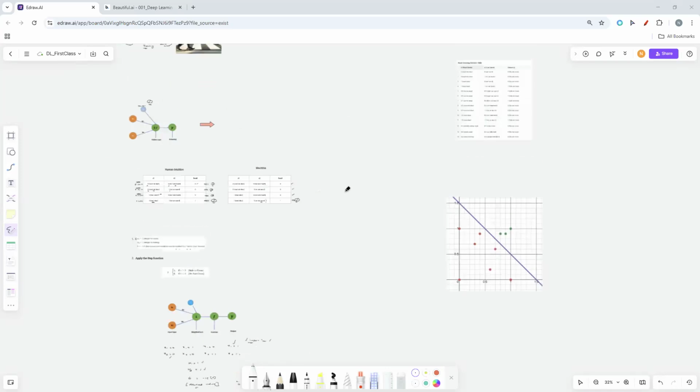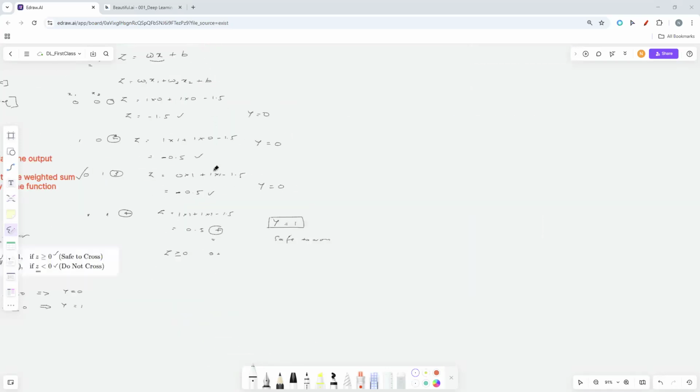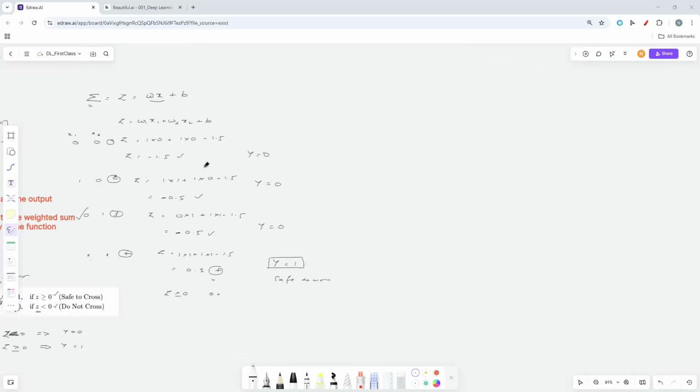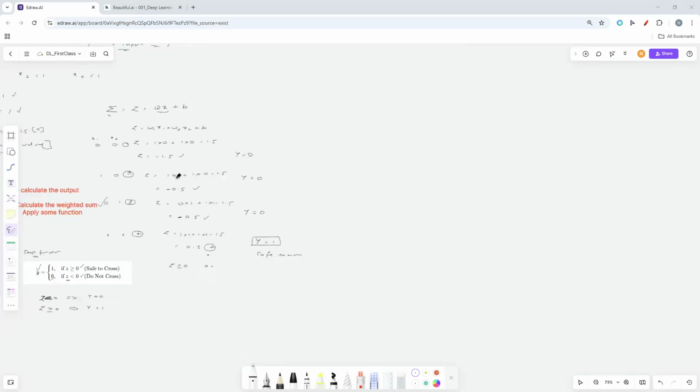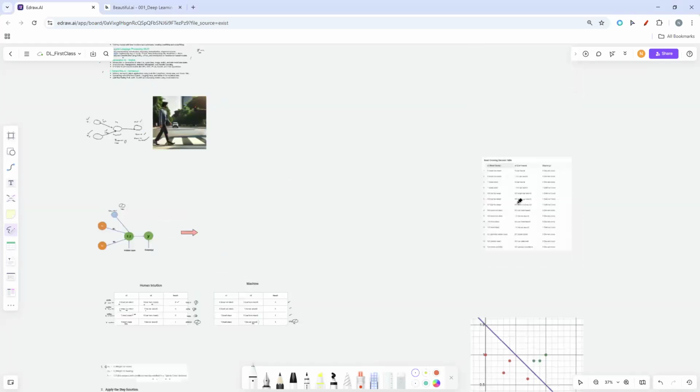So let's say we have these four examples only, and our model is able to take a decision based on these four scenarios. Okay, nice. That is well and good. But what if you have millions of scenarios like this? So, for example,